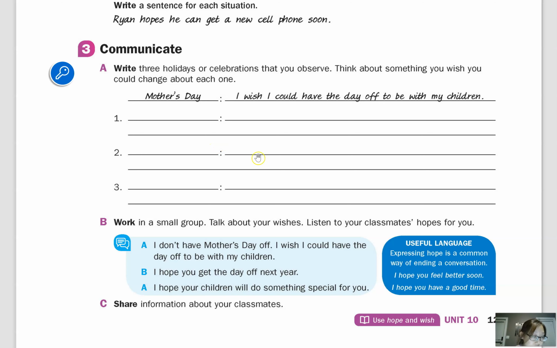So could have celebrated, we are using the past participle. I wish we could have celebrated Easter at church, or I wish our children could have had an Easter egg hunt with all their friends,